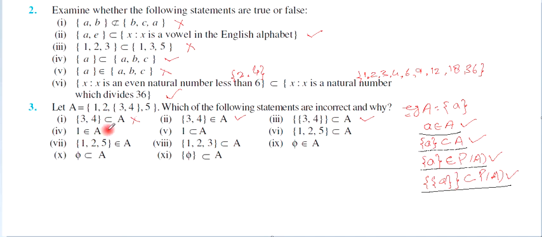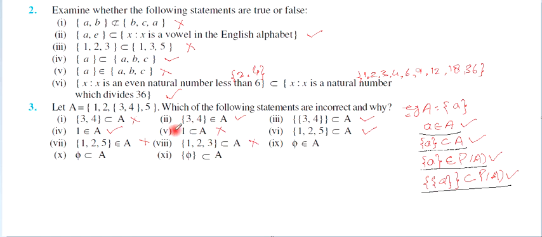1 belongs to A, yes it is true. {1} is a subset of A, because 1 is the element of set A, it should be in the braces, so this statement is incorrect. {1, 2, 5} is a subset of A, these are elements and these elements are in the braces, so therefore it is a subset, this point is correct. {1, 2, 5} belongs to A, no, these are elements and these elements will be written in separate form. 1 belongs to A, 2 belongs to A, 5 belongs to A. {1, 2, 3} is a subset of A, no, because we cannot make 3 separate here, so this is incorrect.